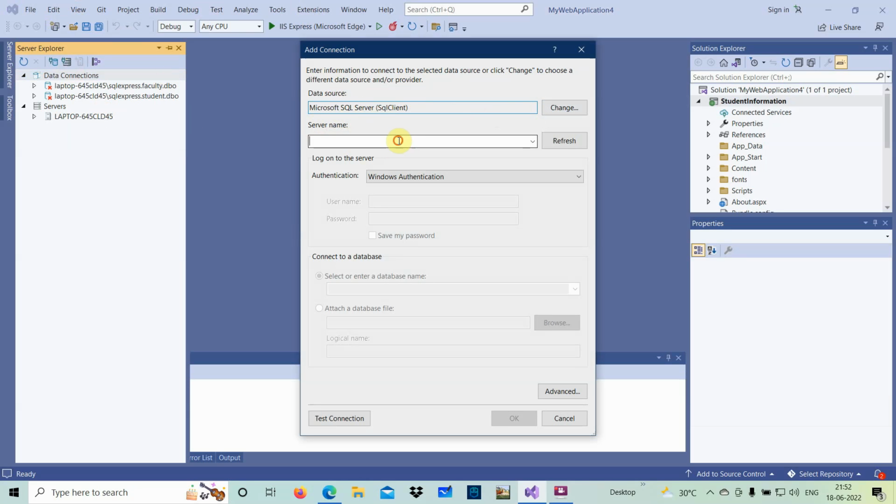Then it will ask what the server name is. In the server name we have localhost\SQLExpress. For that we can put a dot and a slash, and I can type here SQL Express. Or the full thing you can write there, that is localhost\.SQLExpress. Okay, once this is completed,